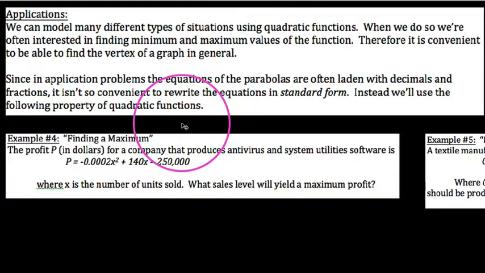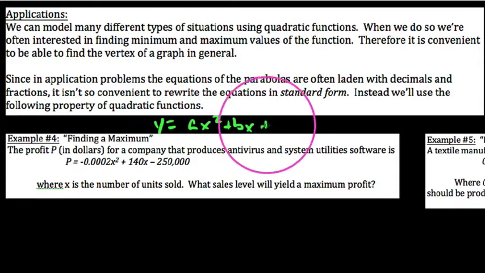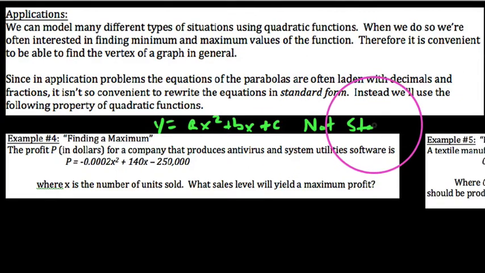We have something like, for instance, let me make something up here, y equals ax squared plus bx plus c. Actually, we have a couple examples we'll go through, but something in this form, y equals ax squared plus bx plus c, is not standard form. Since they're so ugly, these numbers a, b, and c are definitely real numbers, but it's just really not convenient to complete the square and put it into vertex form because, let's face it, when you deal with quadratic situations, we're often looking for where the vertex of the parabola is,